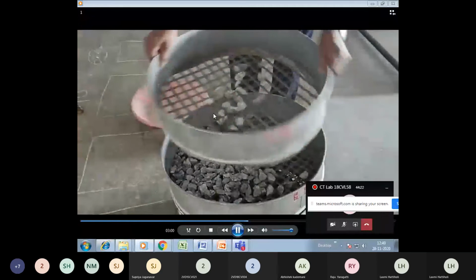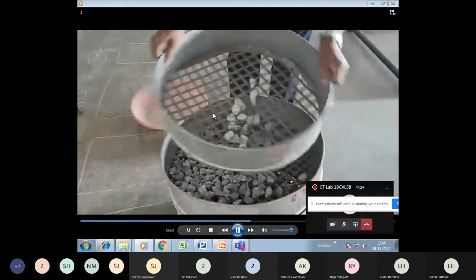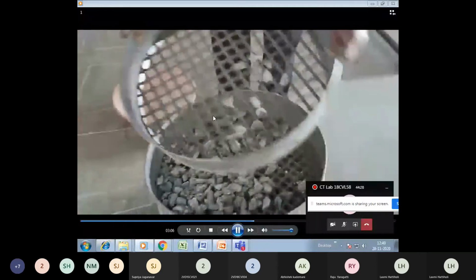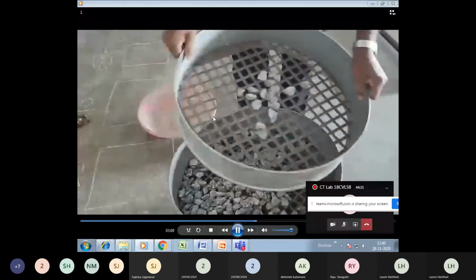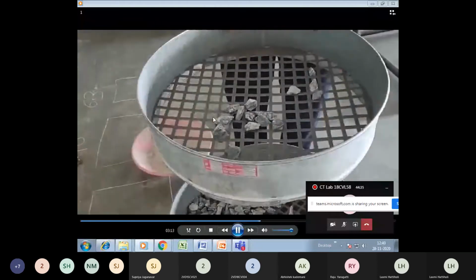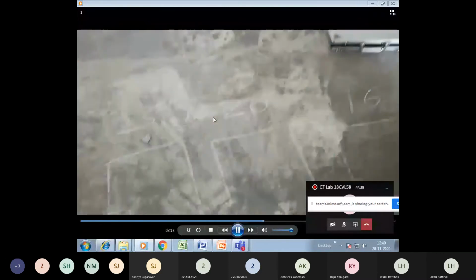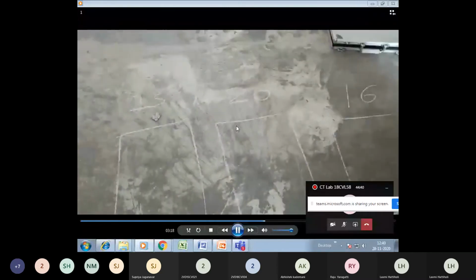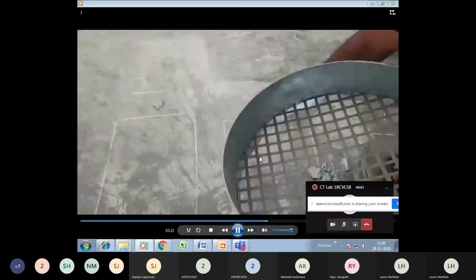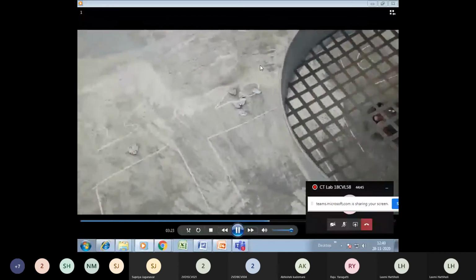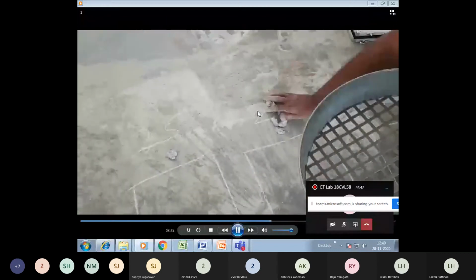Once you feel that all the aggregates have passed and the size has been maintained, take these aggregates. These are the aggregates which are retained on this particular sieve. Once again, just see the block. So this should be kept here, that is the 20 mm retained sieve. Keep all these aggregates here, 20 mm retained sieve.